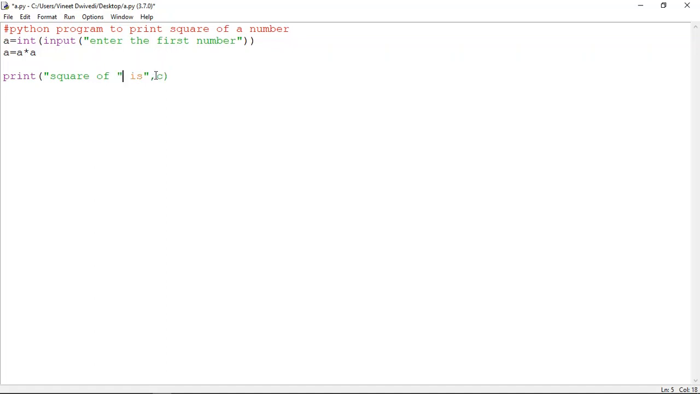here square of, comma a, then again we have written it in quotes, comma c. Now see, suppose if you want both of the numbers together, you will have to store it in some other variable. But if you don't want the number to be displayed, and directly want the square of the number to be printed, you can directly write this code. You don't have to write this, you can directly write square of number